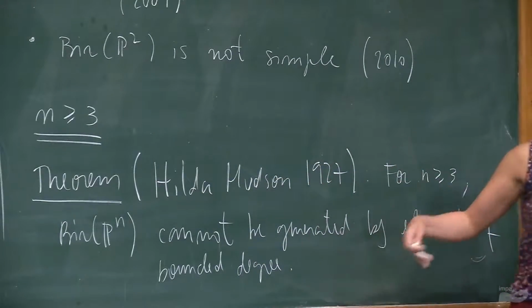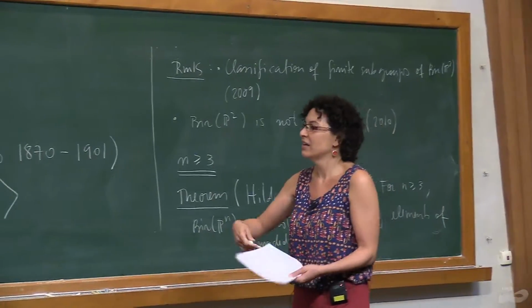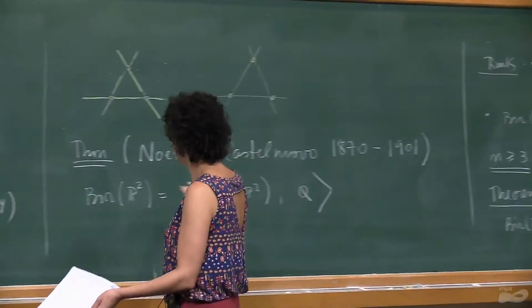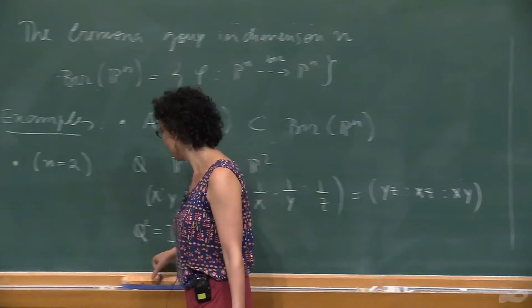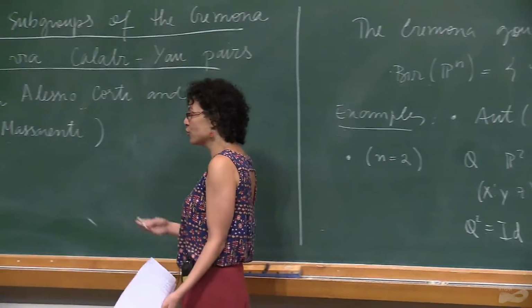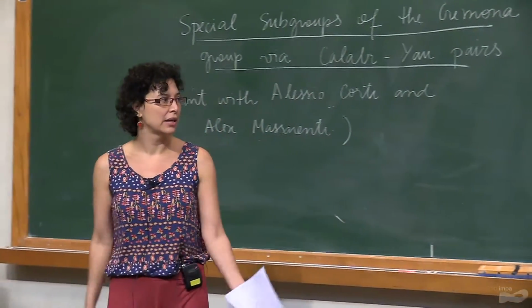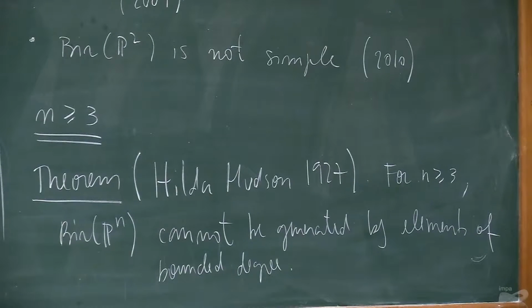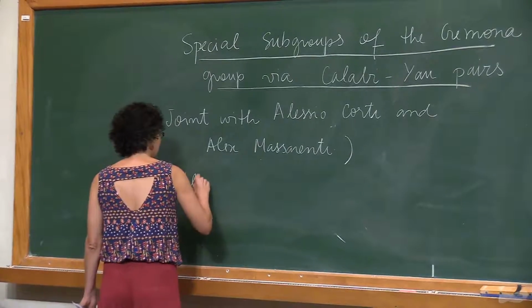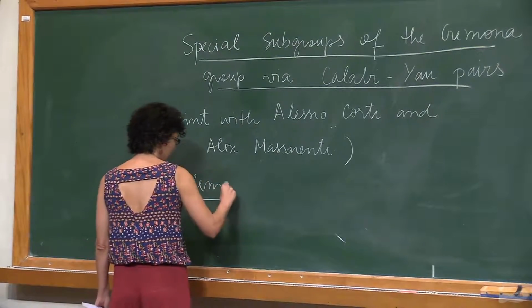And so we don't even have a nice way to describe the generator. So the structure of this group is completely, wildly unknown. So one problem that comes up in higher dimensions, and this is the problem that we have been